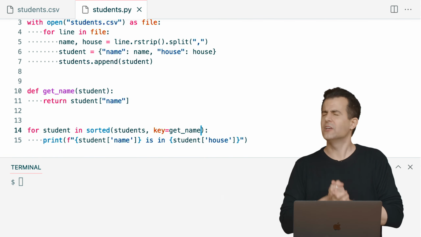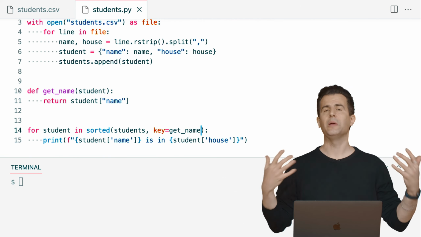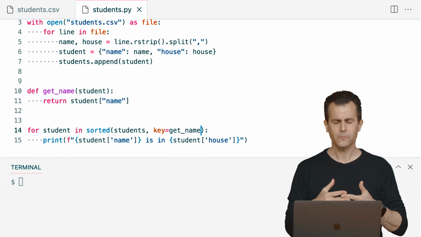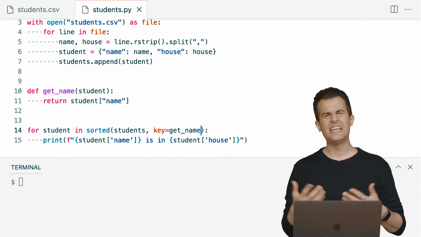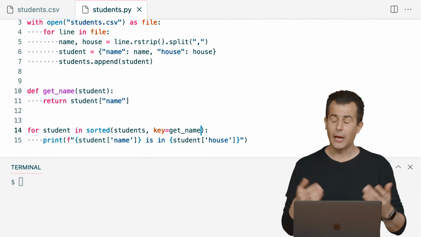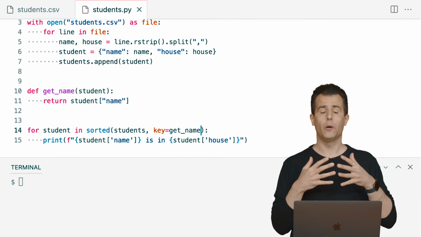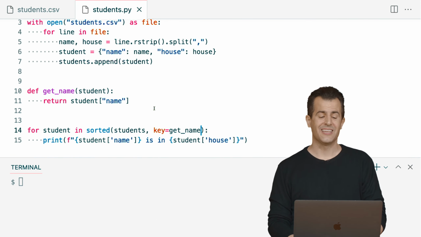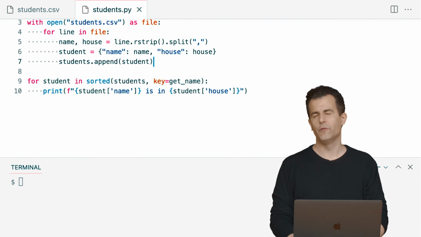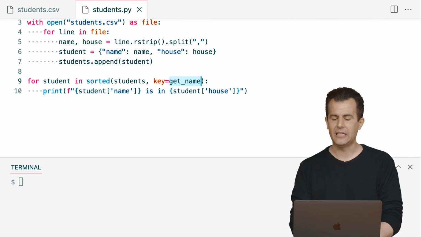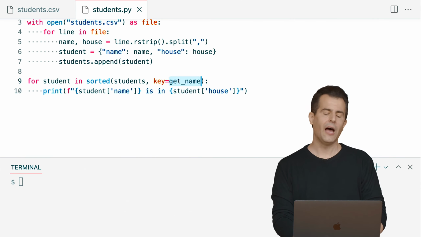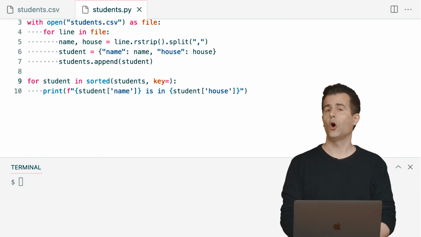Now, it turns out, as always, if you're defining something, be it a variable or in this case a function, and then immediately using it, but never once again needing the name of that function like getName, we can actually tighten this code up further. I can actually do this. I can get rid of the getName function altogether, just like I could get rid of a variable that isn't strictly necessary. And instead of passing key, the name of a function, I can actually pass key what's called a